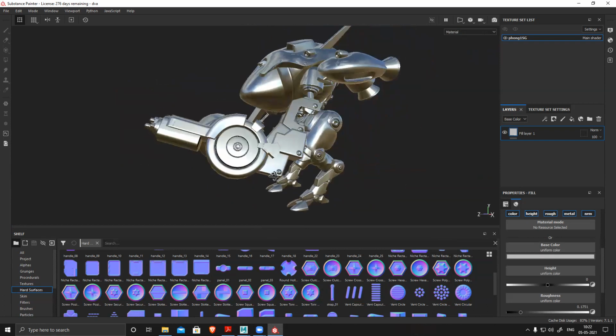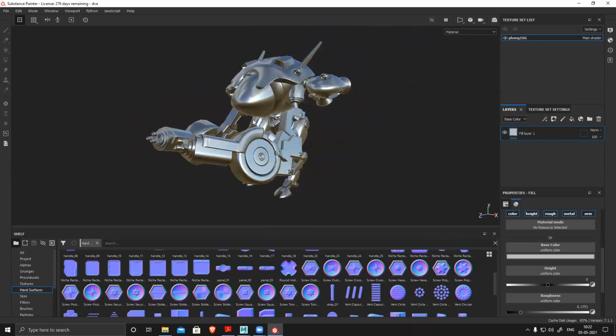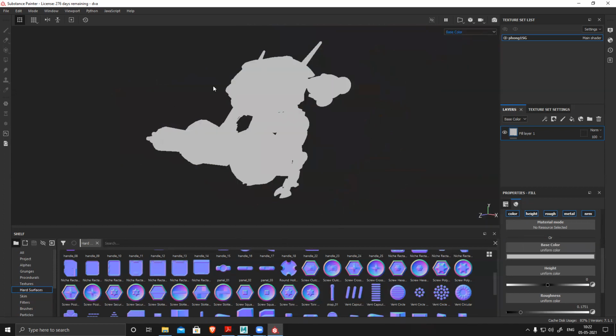This is the material view, material preview. If you want, you can switch to base color. You can see solid base color, solid color. There is no information of shadow or anything. That is what is called PBR texture. Physically based rendering means physical properties of the texture.